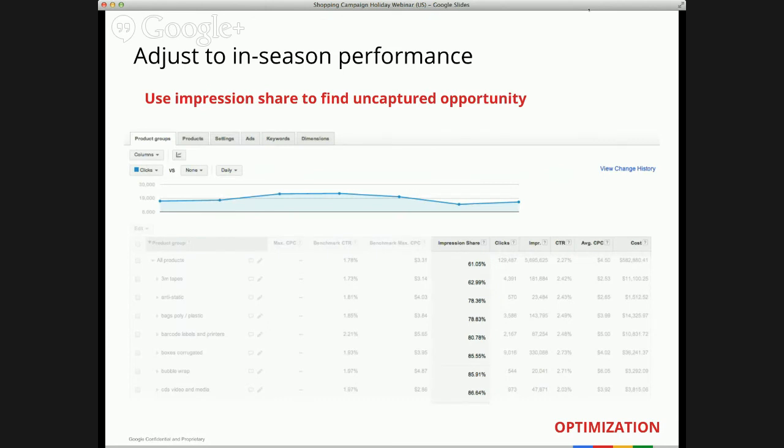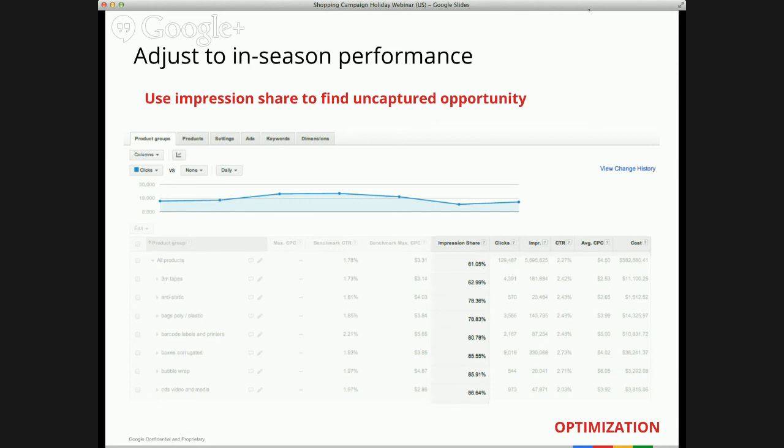Within the campaign side, a really quick gauge of how well you're performing is that impression share metric that's new to shopping campaigns. In the campaign or the product group level, you can simply sort for impression share and see which of my particular product groups are doing well and where do I have more opportunity. So where is it that I'm getting a good return on ad spend, but let's say my impression share is under 60%, so I know there are many more shoppers I could be connecting to with this successful